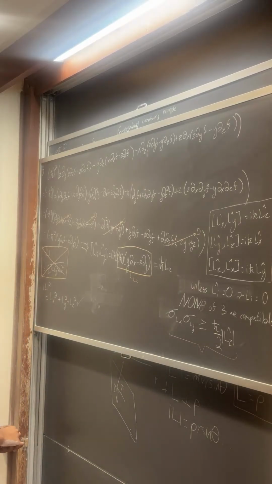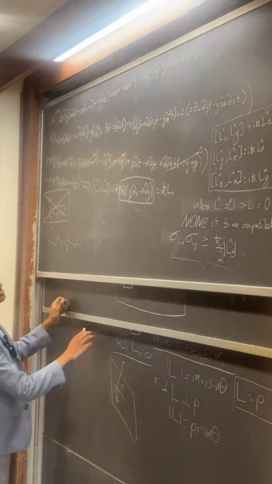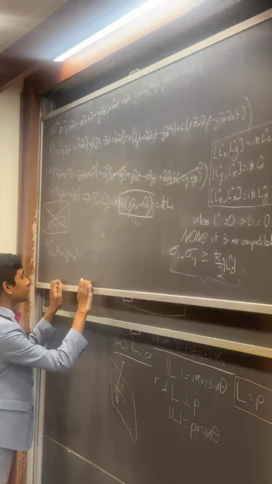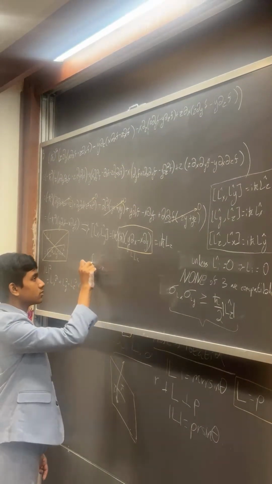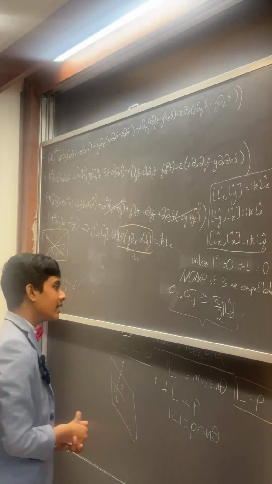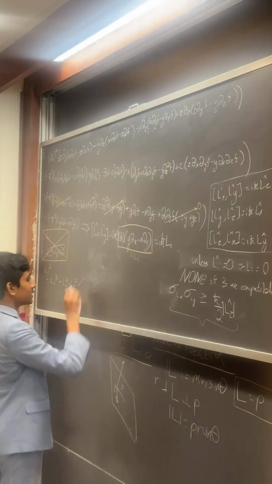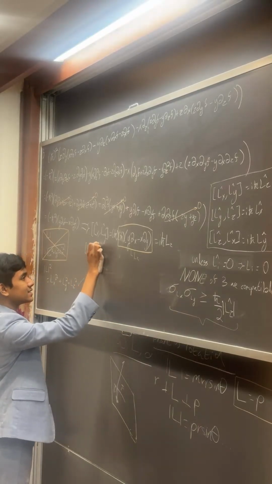So, is the norm squared of L compatible with any one of the components? Well, we have to test it. So, let's test it with Lx, and then we can use cyclic permutation once again in order to get Ly and Lz. So the commutator of L squared with Lx is